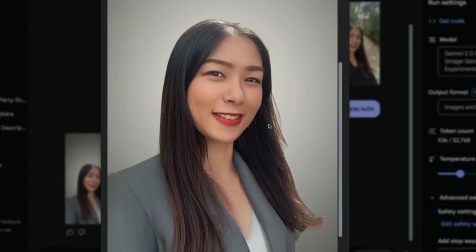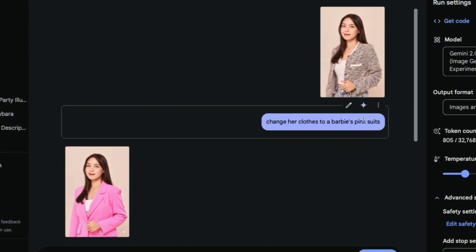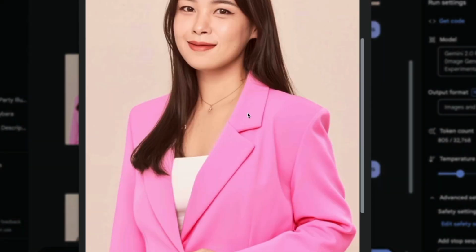Now look at that. You can go from casual to professional in just seconds. Now let me show you another example. Here's a photo I took in a studio, but let's just say I didn't like my outfit. So I can simply type, change her clothes to anything you want. In this case, I tried a Barbie's pink suit just for fun, and I think the details look quite good,